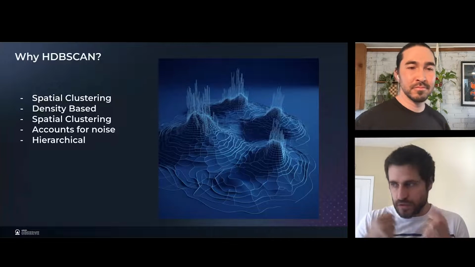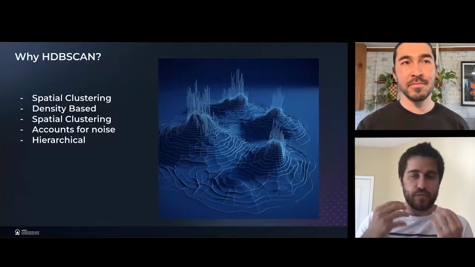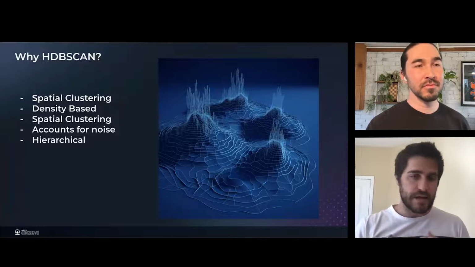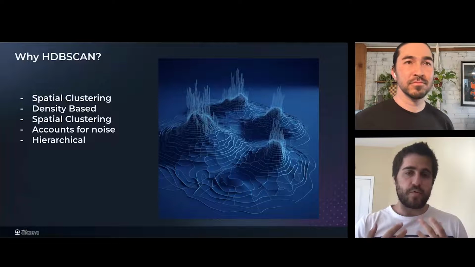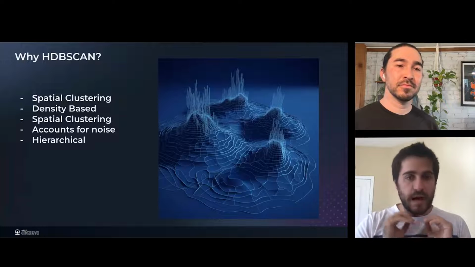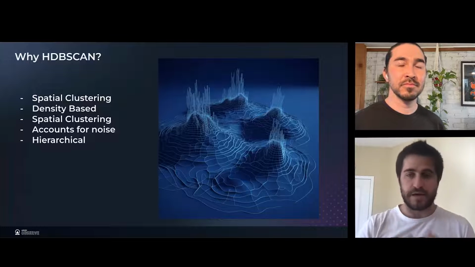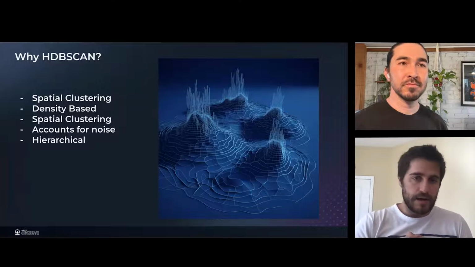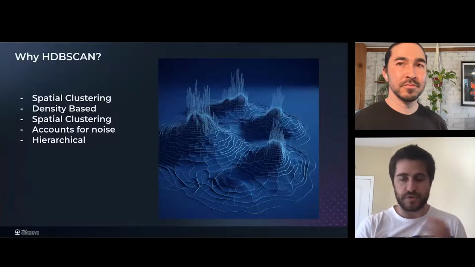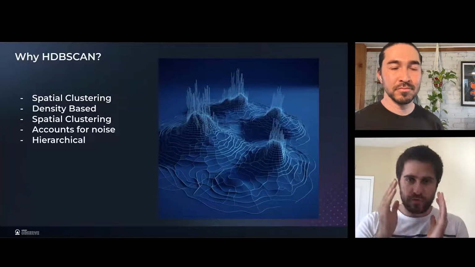So if you're forced to cluster every point, you're going to see your clusters being kind of weird and not intuitive. When you look at it, you're going to see that point out there probably shouldn't be included in this cluster. Allowing for noise is the way that we tell HDBSCAN, hey, if you don't know where this point should be, it is okay to qualify it as noise. That way, the clusters that we get in return from HDBSCAN are of much higher quality. There are actually settings to make HDBSCAN more or less conservative, so you are totally in control of this quality control. And lastly, they are hierarchical, and this has to do with the image that you're seeing in front